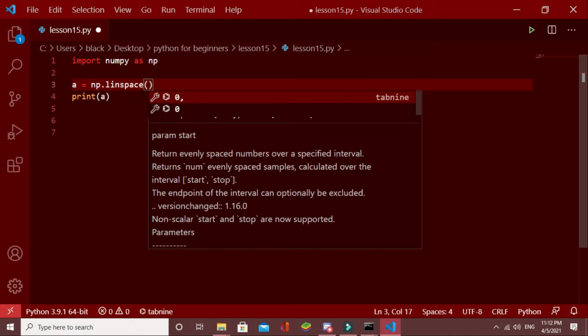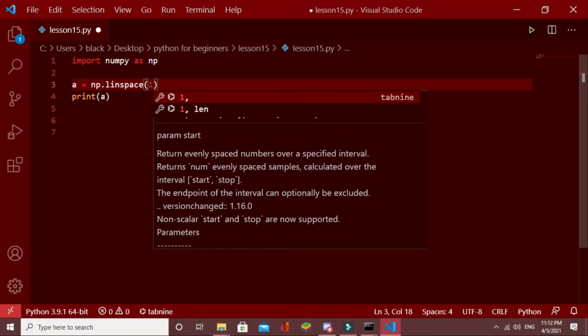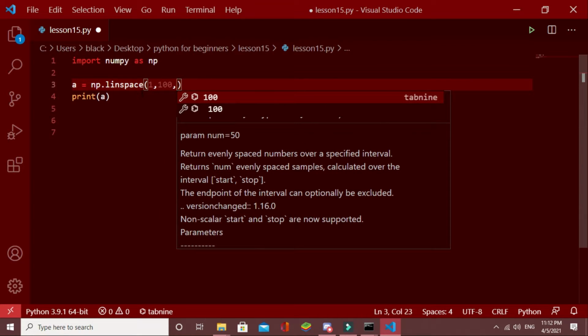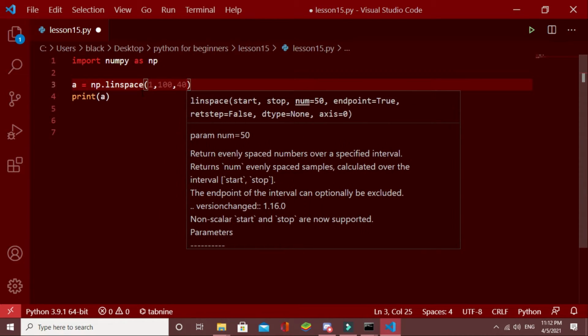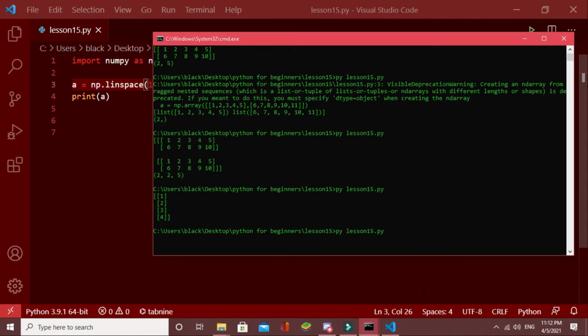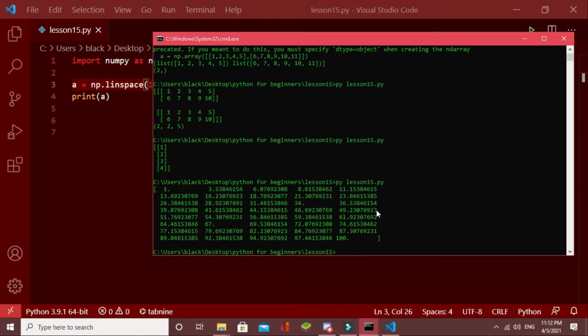Inside here I'll give 1, 100, and I want 40 numbers. Now let's run this. As you can see, it starts from 1 and goes to 100, and there are 40 numbers.